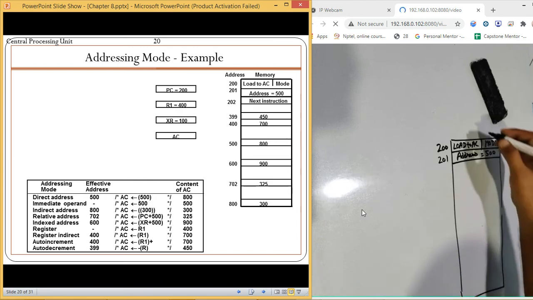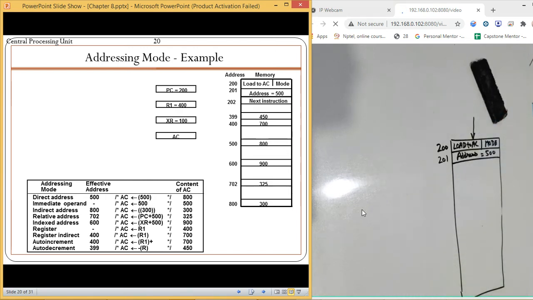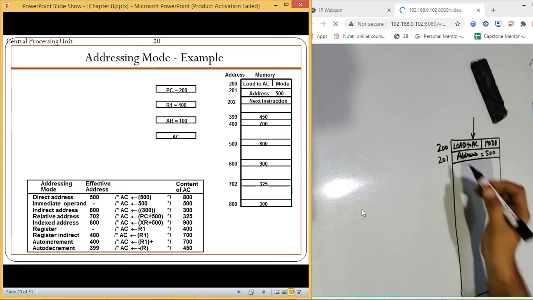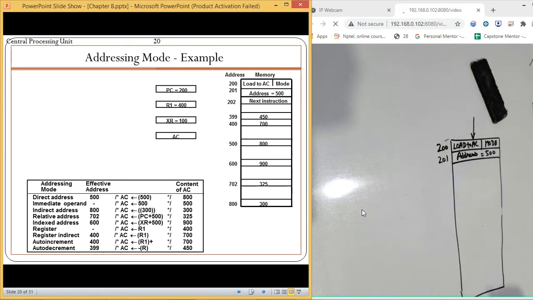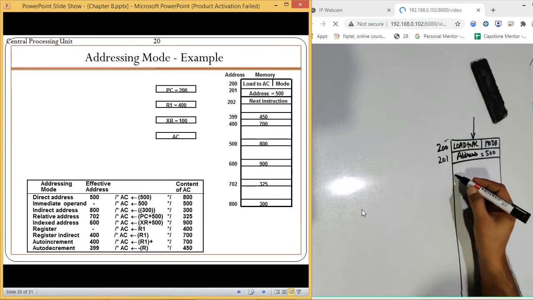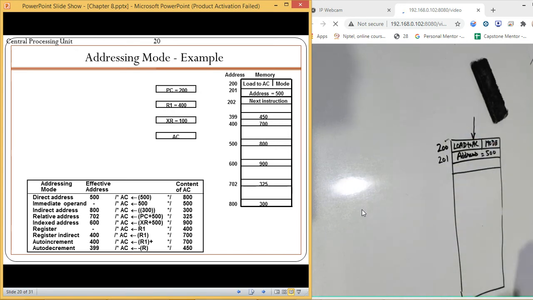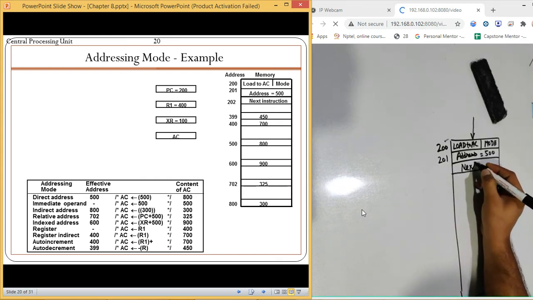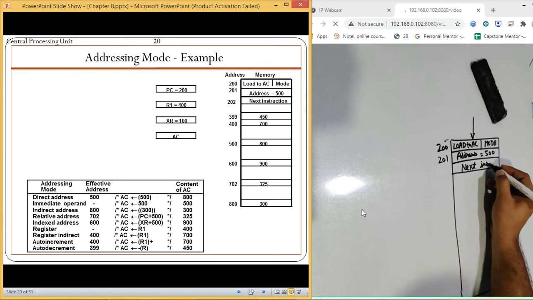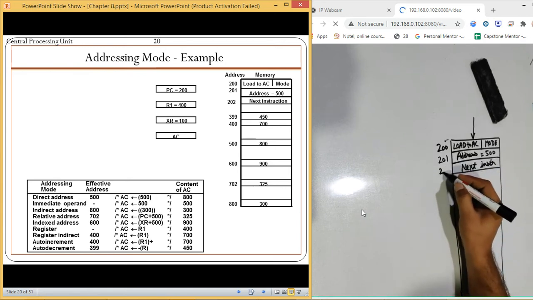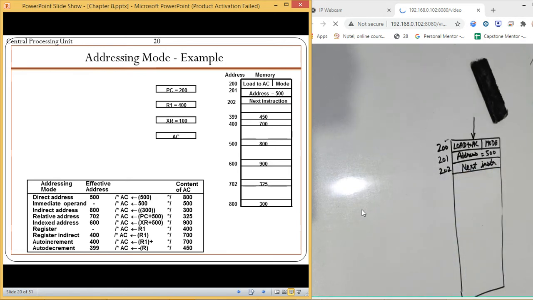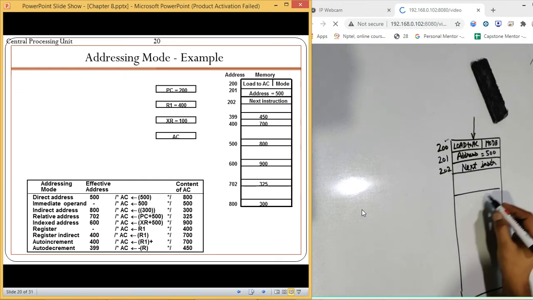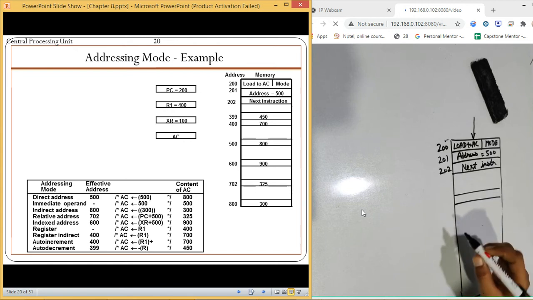Now if I start executing from this place, my program counter value, if I execute this instruction, should contain the address of the next instruction. So PC will be storing the address of the next instruction, which is here. And what will be the address here? 202. Okay.